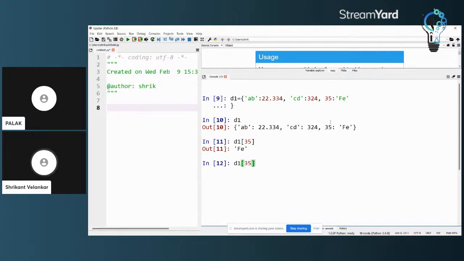If I want to change that from Fe to say Cu, from iron to copper, maybe if you are into chemistry, I can change it. And now if I look at D1, you will see that the third value has been changed to Cu. So what does that indicate? It indicates that it is pretty straightforward to change any dictionary value by just making an assignment to the key of that particular element.